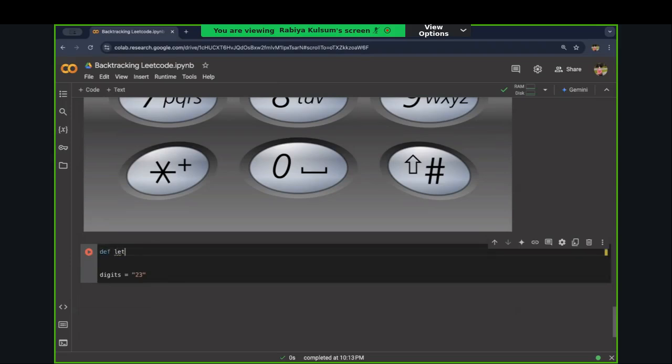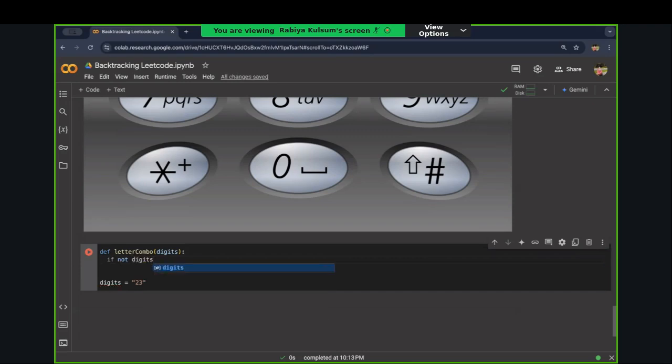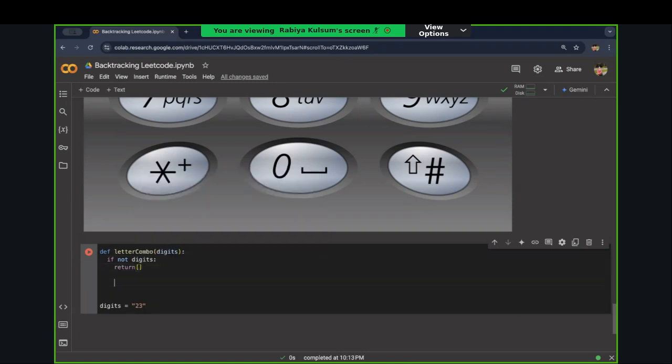Define letter combo. Okay. And in this, I will pass it as digits. All right. So now if no digits are present, then we are going to return as it is. Then let us declare your phone map so that it becomes easier to understand. So phone map is equal to